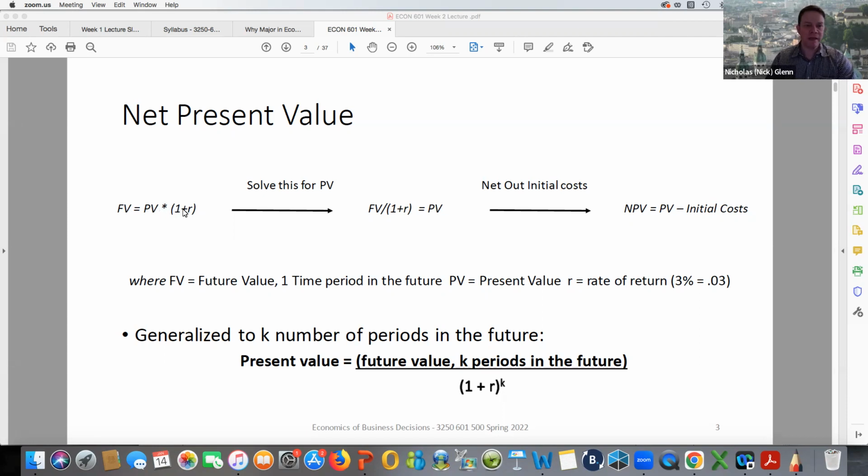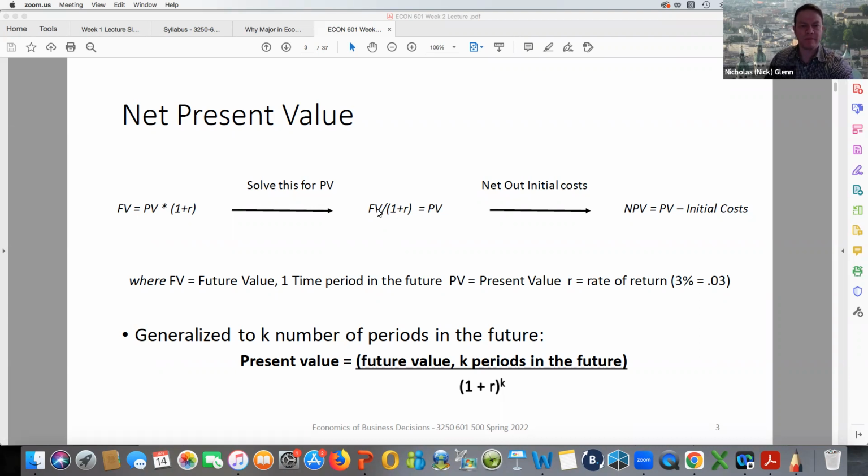All right. Now, to solve for the present value, you want to isolate the present value by itself on one side, and so you just need to divide both sides by 1 plus r, and that can give you the present value. Okay. So let's say, if you want to have a certain amount of money, never mind, I'll get to that later. Okay. So here,